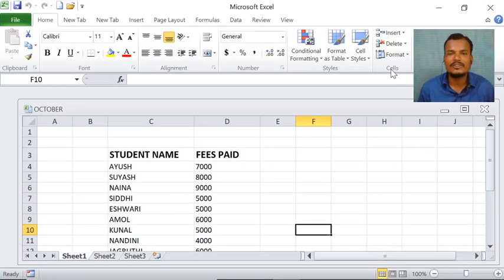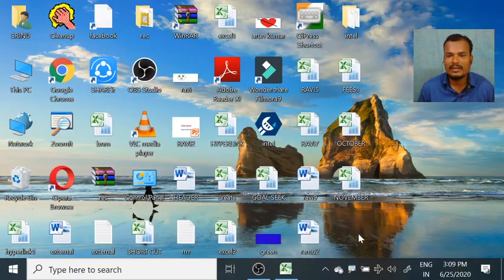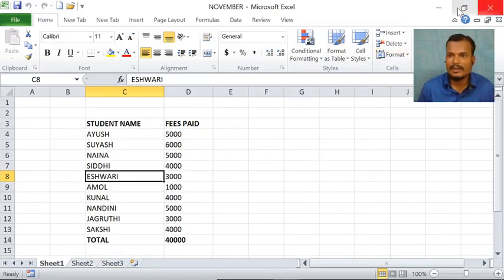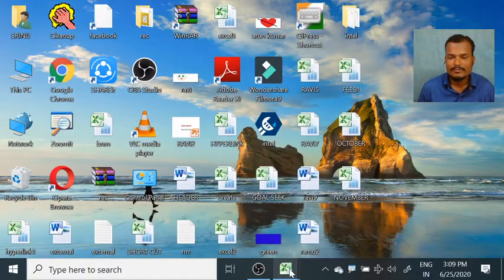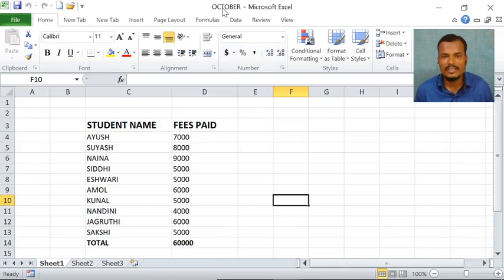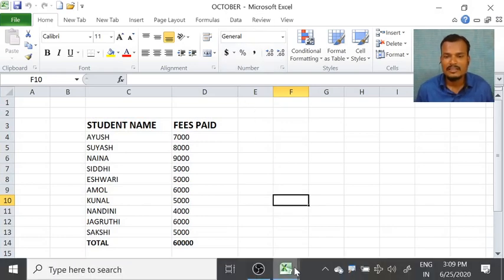Now we are talking about how to merge two different Excel workbooks. This is October and this is November. You observe the name, this is October and this is November.